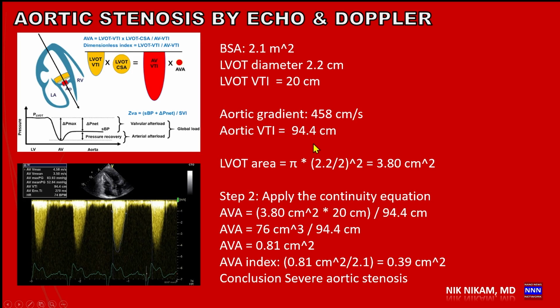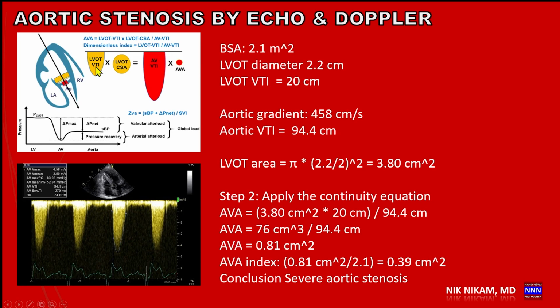In this case it is, because if you divide this, you're going to get less than 25%. So the left ventricular outflow tract area is calculated by using pi r square, that is 3.14 multiplied by 2.1 divided by 2, which is 1.1, and the square of that would be the number we get here, 3.80 centimeters square. Once we know the left ventricular area, which is the cross-sectional area,